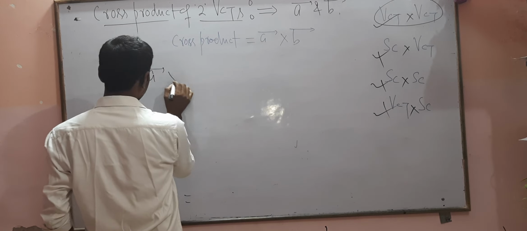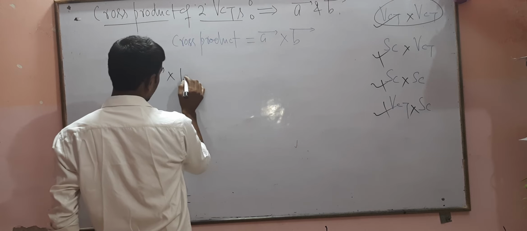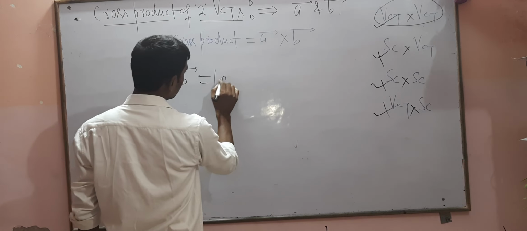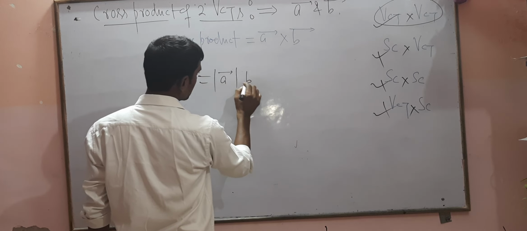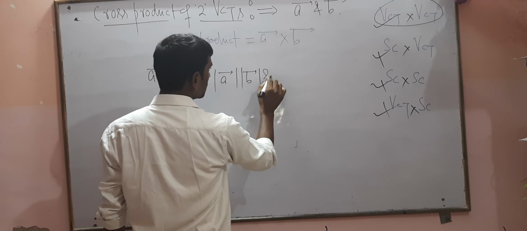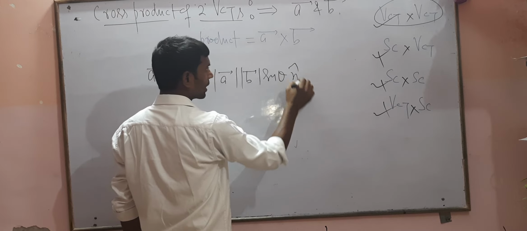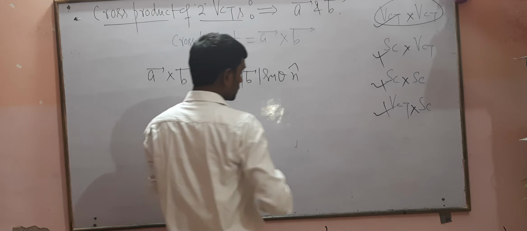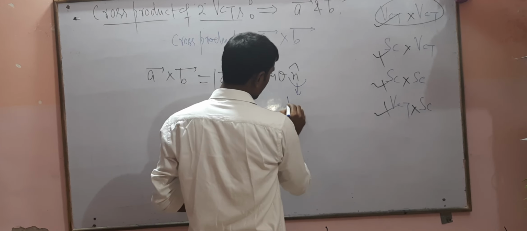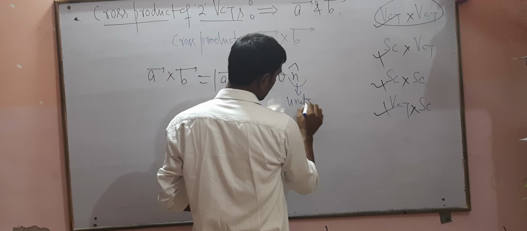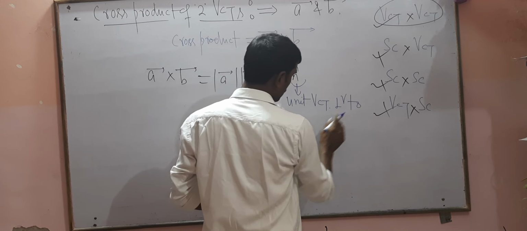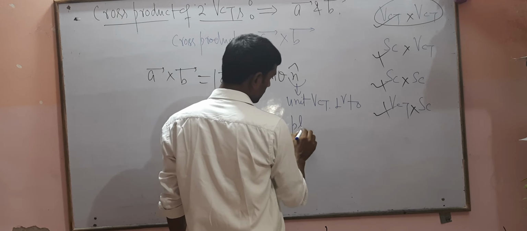So A cross B equals modulus A, modulus B, into sine theta, into n cap. N cap is the important point. N cap is the unit vector. This one is the unit vector. This is perpendicular to the plane